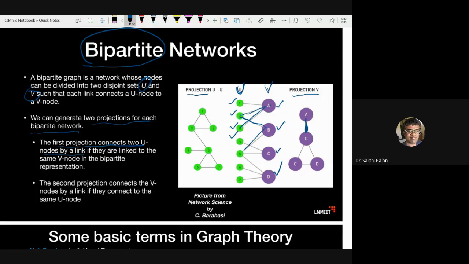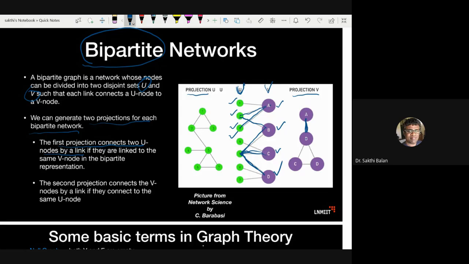this is connected to 5 and C is also connected to 5. So B and C are connected to each other, and likewise B and D are also connected to each other because B and D are also using the 5. And likewise C and D are also connected because C is connected here and D is also connected here, and A is not connected to C and A is not connected to D because